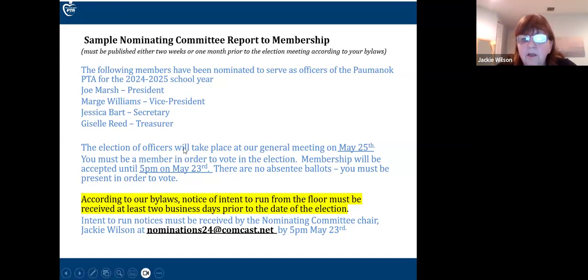And the last part here is that letter F we saw in the bylaws. According to our bylaws, notice of intent to run from the floor must be received at least 2 business days prior to the date of the election, and you give the information as to where that intent to run goes. It will go to the nominating committee chair by a certain time and date. So anybody who looks at the slate and says, I really think I would be a better vice president, I'm going to say that I wish to run from the floor. There is specific information there on how they do that, so that nobody can say, well, I didn't know I had to run. I didn't know when the meeting was for the election. I would have been there. This is all published so that every member can see this, and every member is entitled to know this.